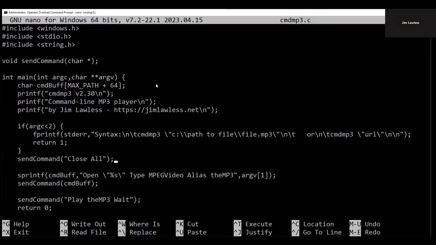Okay. So the very first thing I do is if you don't have the right arguments, it tries to tell you what they should be, and then exits with a return code of one. Otherwise, it issues that first send command close all. Remember in those scripts, that was the first thing I did, was close anything that's been started by this process. Okay. Then I built in my command buffer,